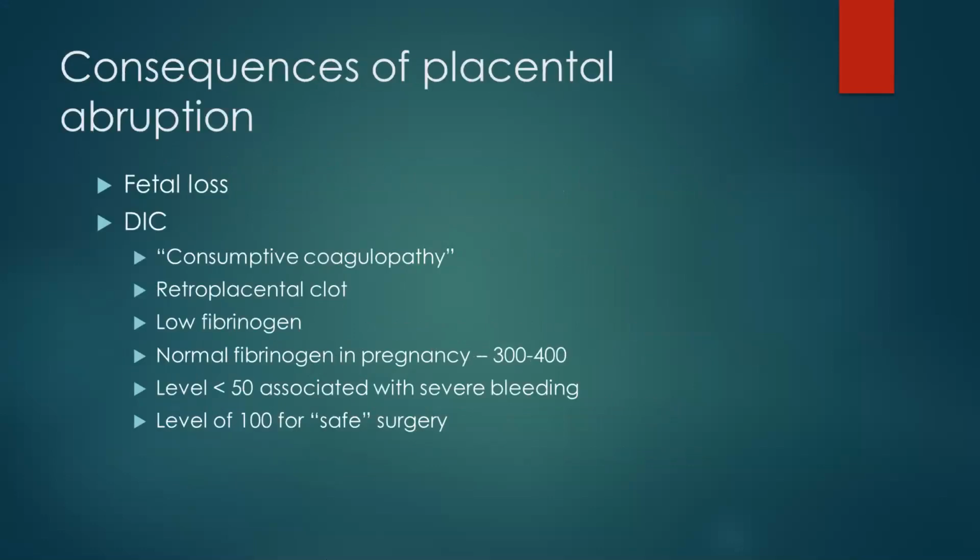So what are the consequences of placental abruption? Mainly fetal loss, and the other major consequence is DIC. The reason this occurs in pregnant patients is because of the consumptive coagulopathy that can mainly happen with placental abruptions. You'll see this in a delayed abruption, or what we can call a concealed abruption, where the placenta is sheared off of the uterus,